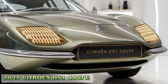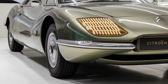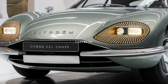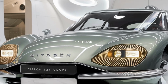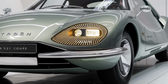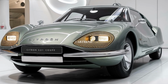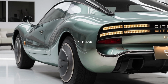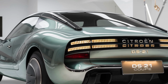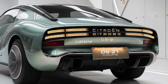The 2025 Citroen DS21 Coupe is a modern reinterpretation of one of the most iconic cars in automotive history, blending its timeless elegance with contemporary technology and performance. The exterior design is a masterpiece of sophistication, with flowing lines, a signature sloping roof, and a distinctive front grille. The LED headlights are seamlessly integrated, paying homage to the original's famous gaze. The aerodynamic silhouette is complemented by futuristic alloy wheels and a sleek rear profile, giving the DS21 Coupe an unmistakable